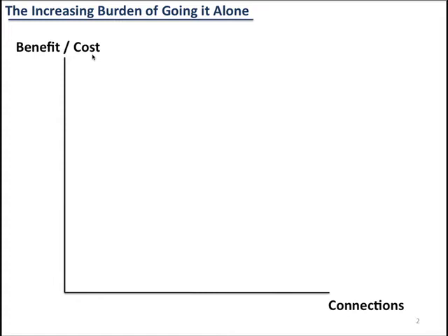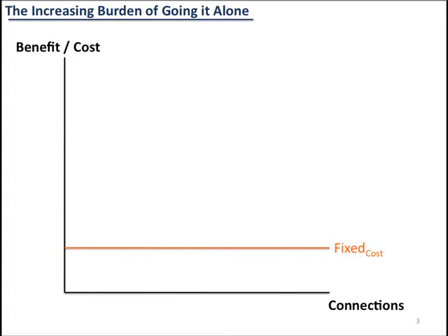Then what we do is we say that with any number of connections that we have in our various social networks, there's going to be some baseline cost. And that cost is usually our time. Whether we say it's a minimum of, say, an hour or 5 hours, doesn't matter. It still represents a minimum cost, just by virtue of the fact that we're bound to put in some minimum amount of effort, right? So that's the fixed cost associated with that.